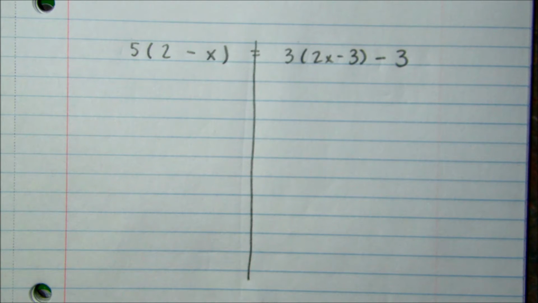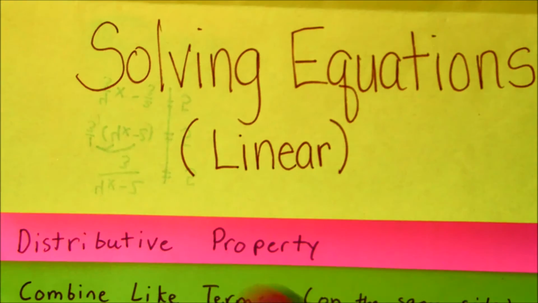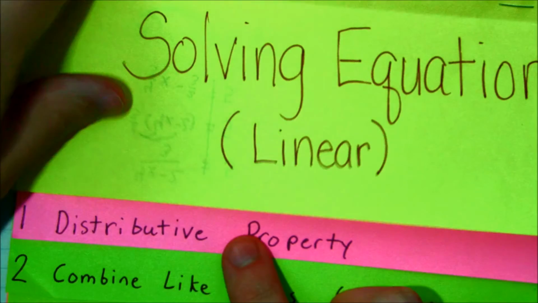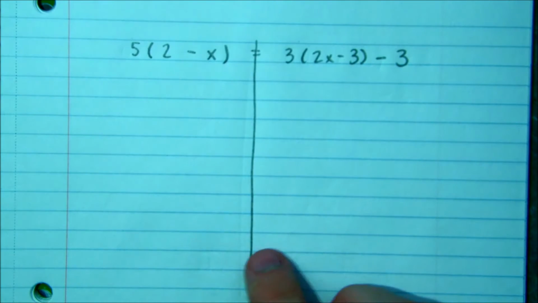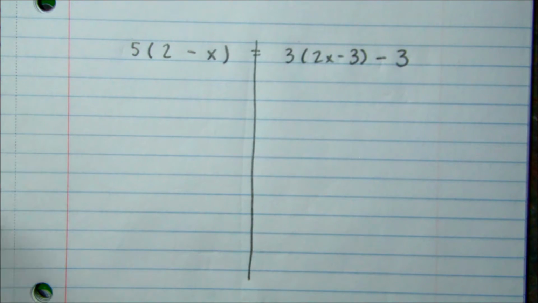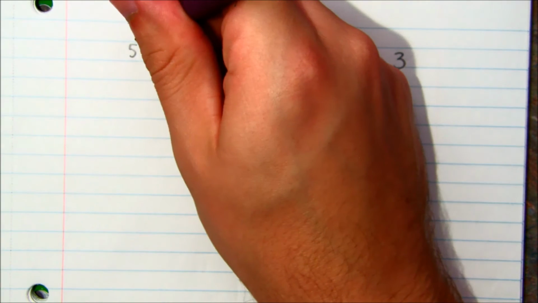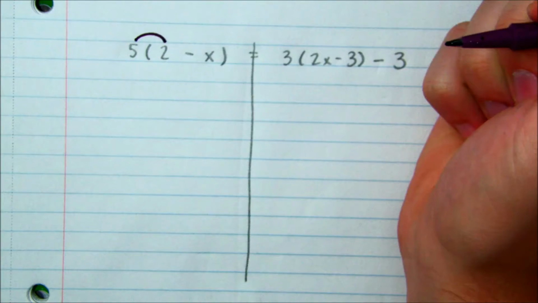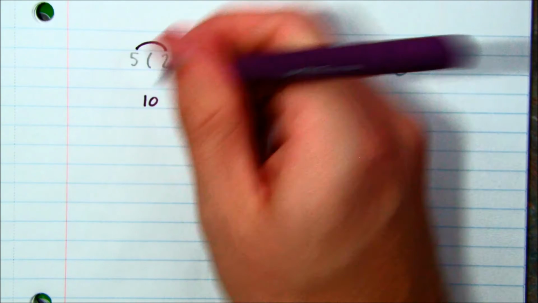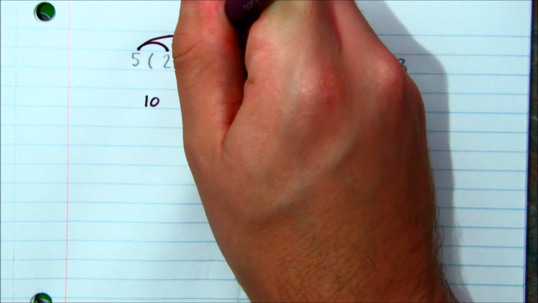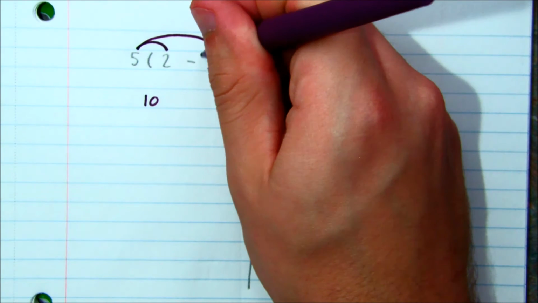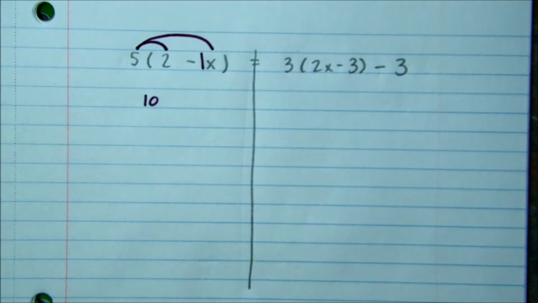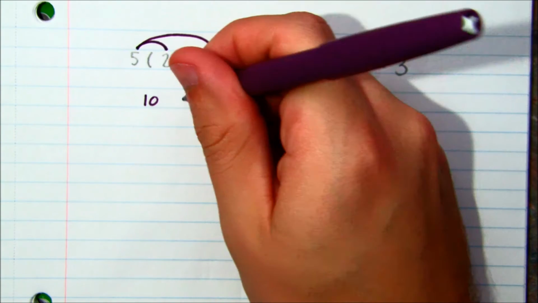Now the first step says distributive property. Looking at this problem, I know I'm going to have to use the distributive property twice. I see the parentheses, so I'm going to have to multiply. I'm going to start with 5 times 2, so that's 10, and then 5 times negative x. Now in front of this x, it's what's called an understood 1. I like to say 1 is a ninja. You know it's there, but you can't see it. So I'm going to do 5 times negative 1, and that gives me negative 5x